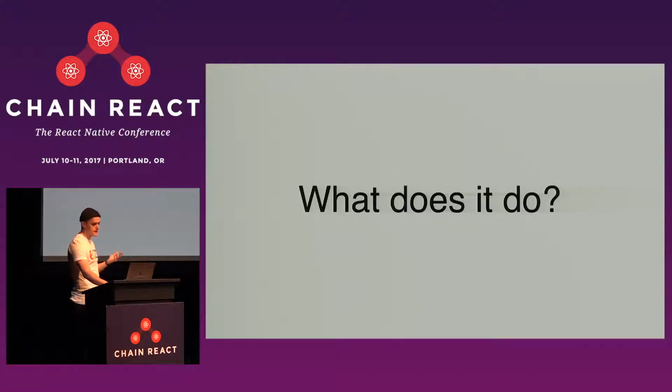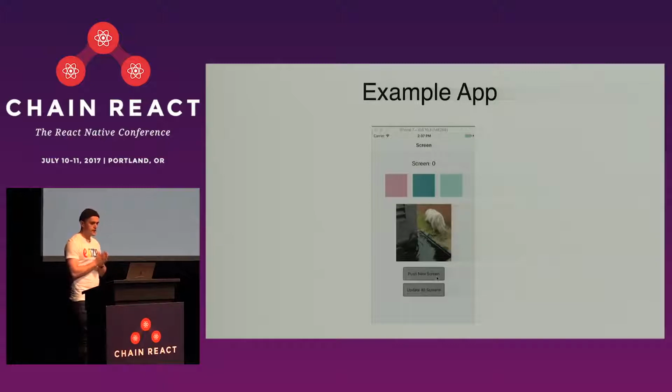So what does this application do? Well, it's a single-screened application with a navigation stack that uses Redux for state management across screens. Each screen in the stack consists of the following: a text label that shows its index in the stack, 3 views displaying randomly selected colors, a random animated picture of a cat that's selected from a list, and 2 buttons: